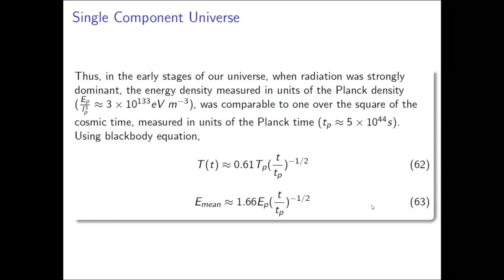So using blackbody radiation, we try to find the temperature of a radiation-only universe, and then the mean energy of the radiation-only universe. So we get these values applying Planck's blackbody radiation concept. But what we can see is that as time progresses,